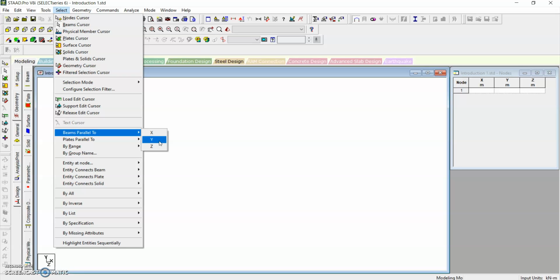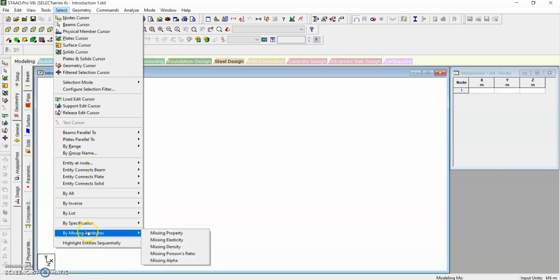Similarly, z-axis. Now, if I want to select only plates, with respective coordinates, I will use these icons and group. Now if I name column as one group, beam as one group, or different floor beam as a different group, and I would have named, so I will also select with respect to the names. Or if I want to select with respect to properties or with respect to the list or with respect to specifications, all is given here.